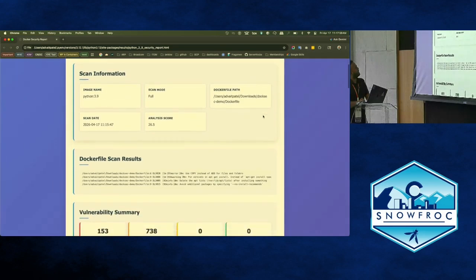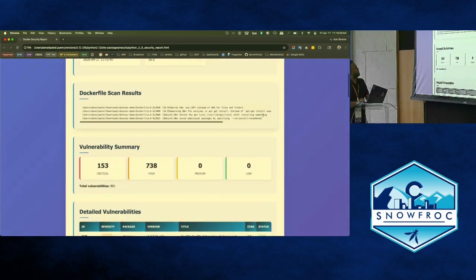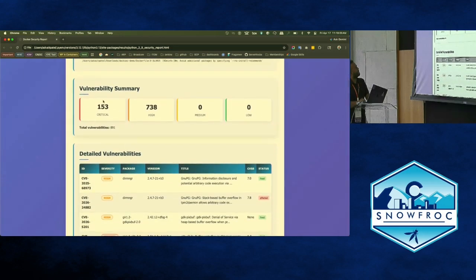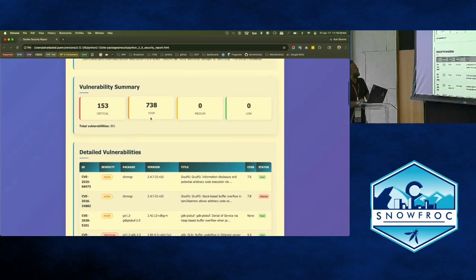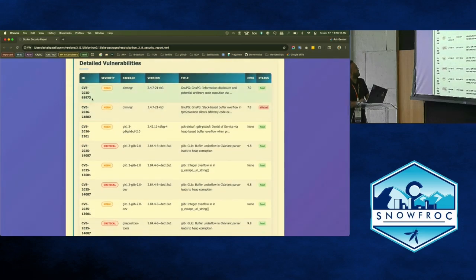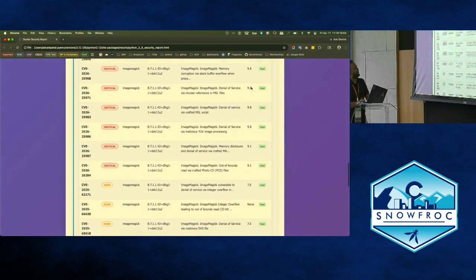It will have the image name, image information. It will give you the Docker scan results, your vulnerability summary. It found 153 critical, this many high and medium, zero low. It will tell you the severity, CVE, in which package, version, title, the status, CVSS, and everything in plain text